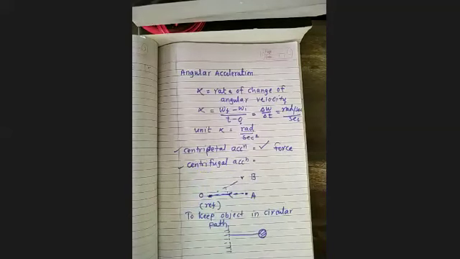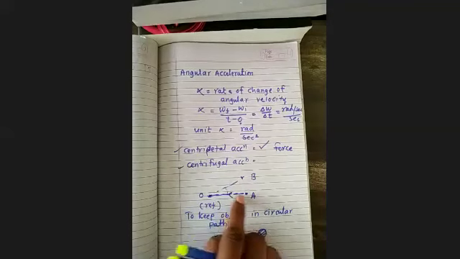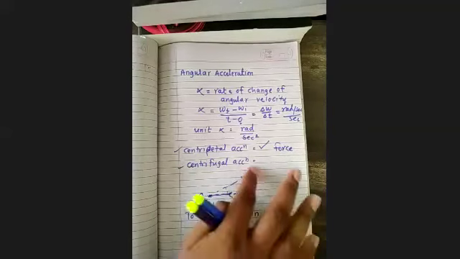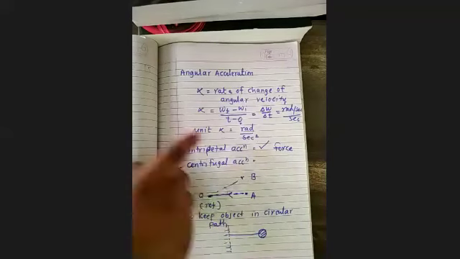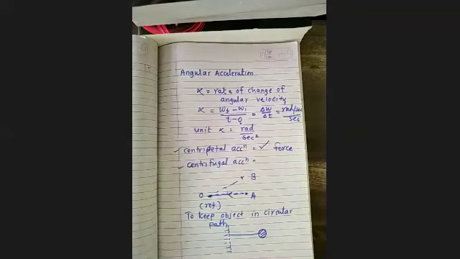What exactly does it mean? Let me give you one example. As soon as you release this particular end, what will happen? This particular object will move away from the observer. If the force which is responsible for keeping this object in circular motion is released, what is going to happen? That object will move along a path. What kind of path will it be? It is nothing but a tangential path, isn't it?